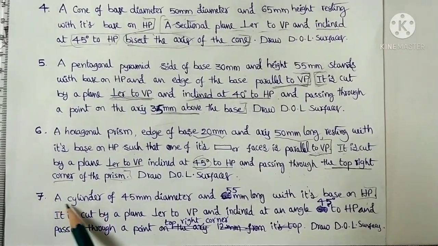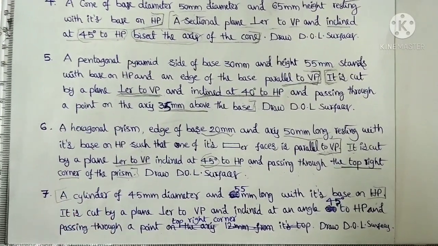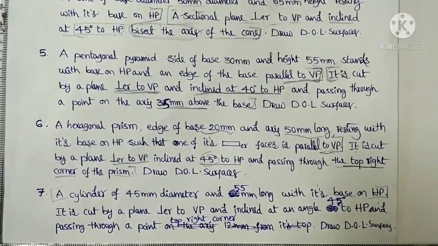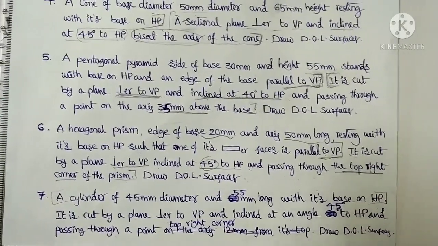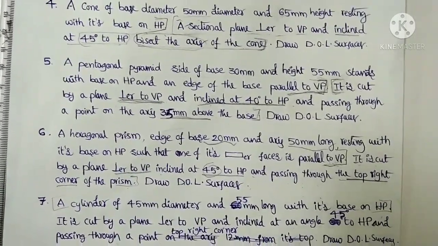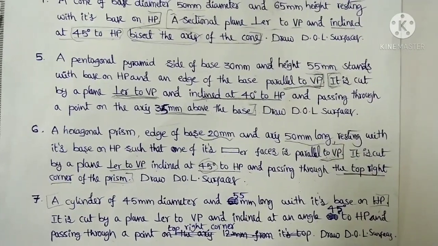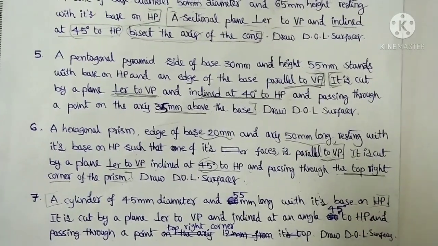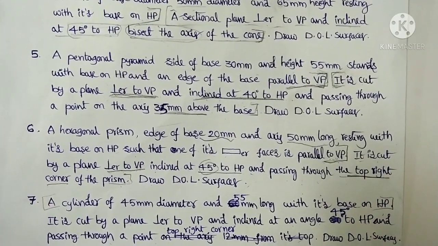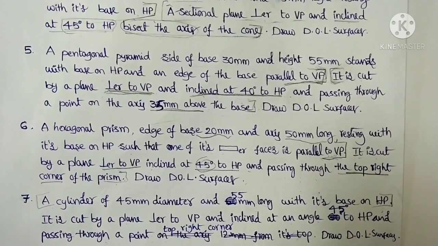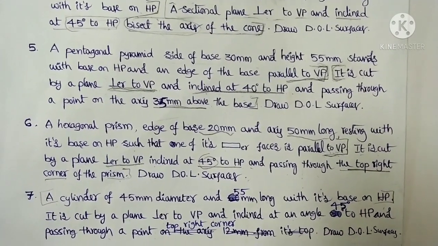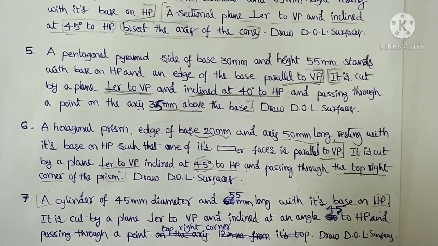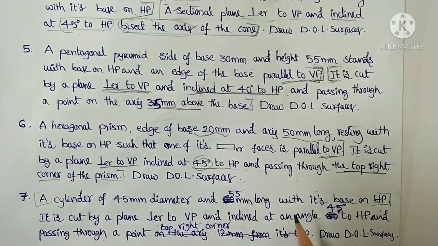Coming to this problem, we can divide it into two parts. First part is related to the orthographic projections. We can complete the projections with H or 2H pencil, and later we can develop the simple cylinder with 2H or H pencil. Then we can cut the object according to the given conditions. Then we can complete the remaining portion, that means the truncated cylinder development of lateral surfaces, with HB pencil.